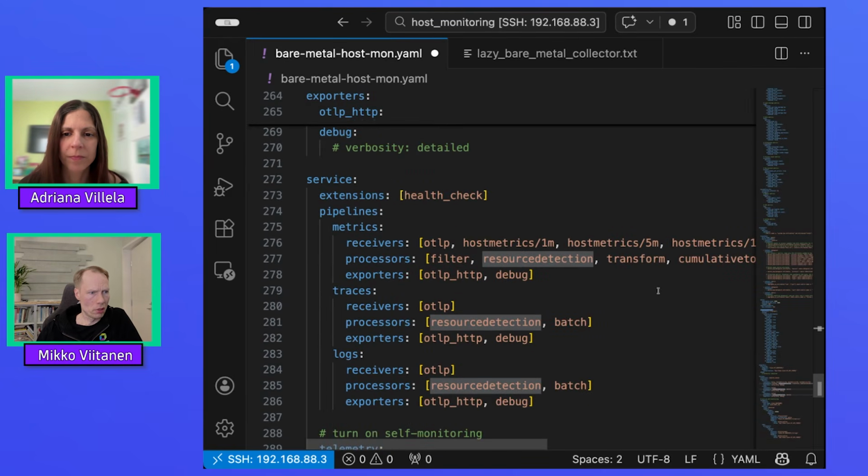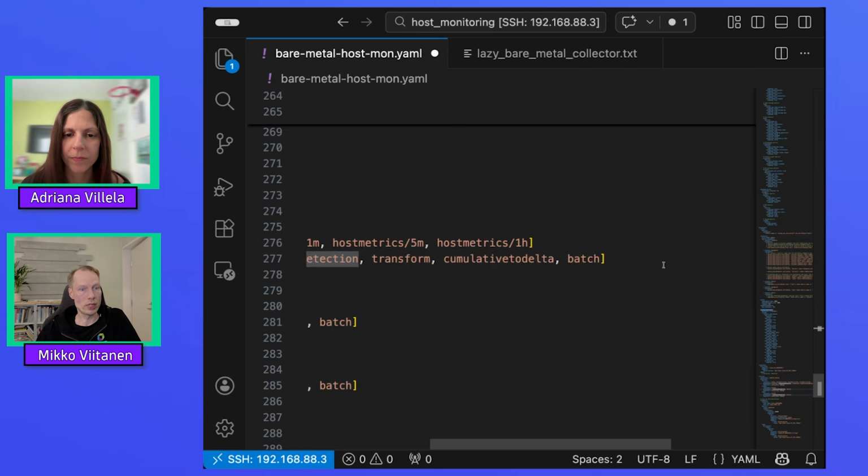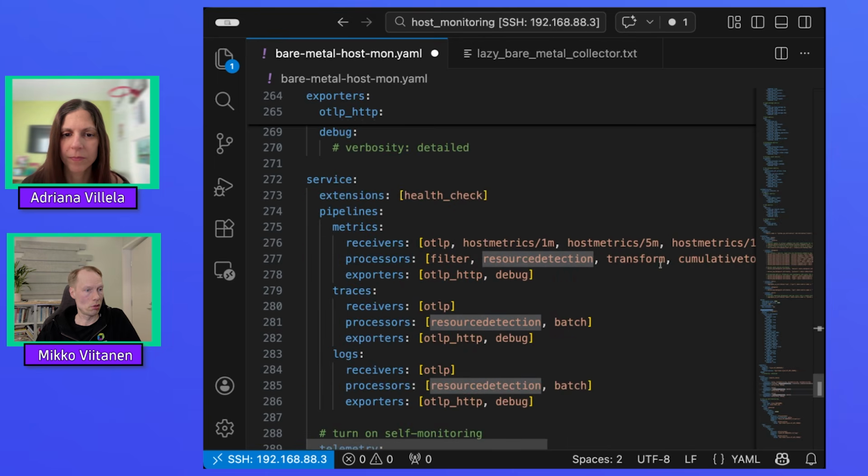But that's about the collector config, and this is how it looks in the pipeline. So I have all 3 host metrics receivers configured, and then the processors that I quickly showed. And this is the metrics pipeline. Traces and logs I'm not really using in this case, but consider that I'm running also some applications on the same host or a different host, but I can